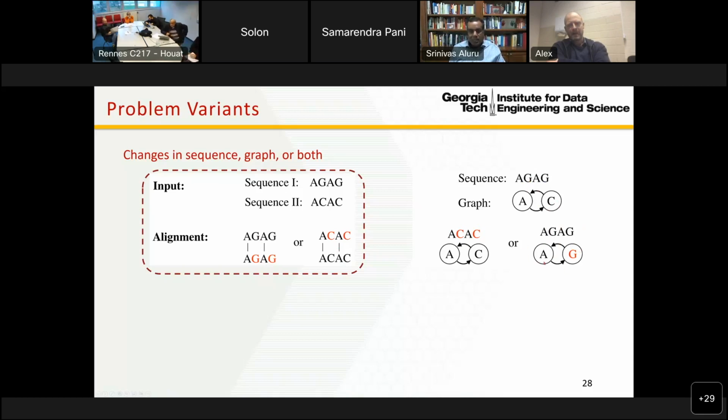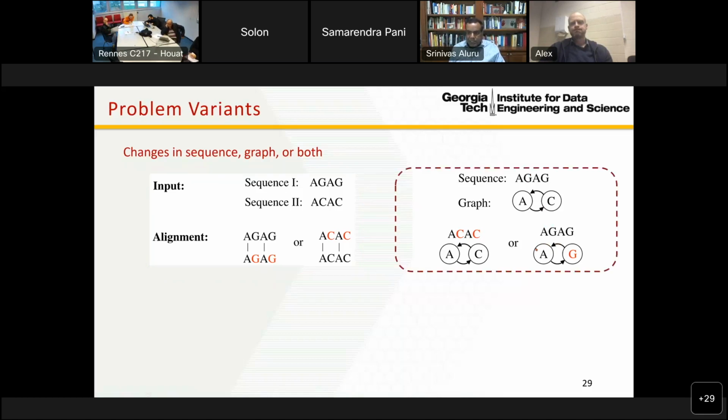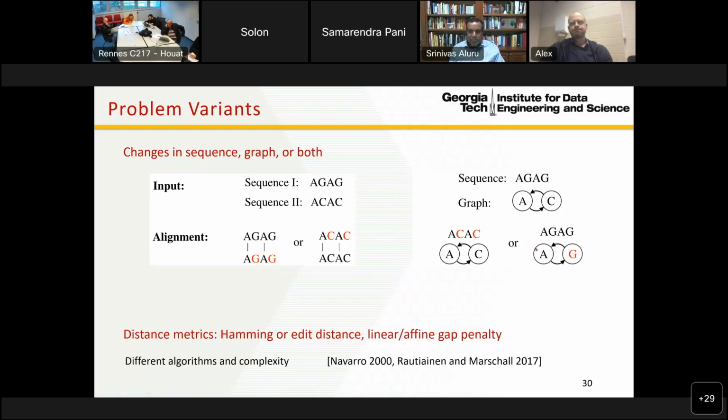So if you have a cyclic graph that allows cycles, then you may have fewer changes in the graph that will allow you to make the two sequences equal. So whether you have changes in sequence or graph, whether you allow them in both, can change the nature of the problem. So an interesting thing about this problem is that,